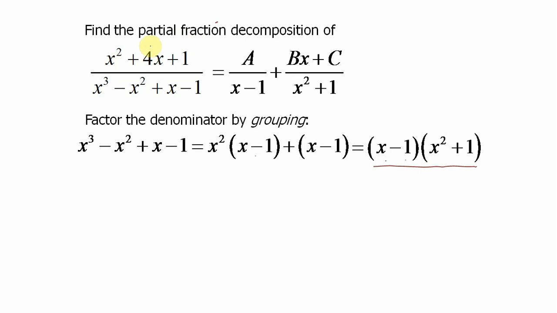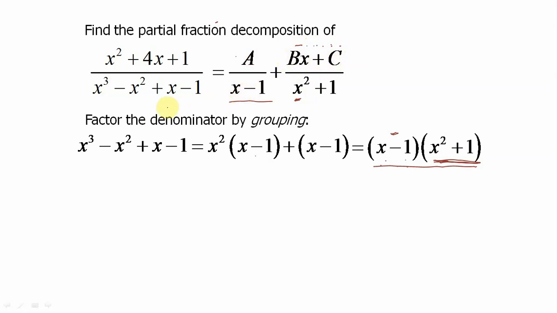So that means it can be written as, now please pay attention, this is a simple linear expression, x minus 1, so I'll write a upon x minus 1. But this is a polynomial in degree 2, x square plus 1. So for this x square plus 1, the partial fraction term will be bx plus c. If I have a square term over here, then the partial fraction term will be bx plus c. Similarly, if I had a cubic term over here, then it would have been bx square plus cx plus d. So now I have to find the values of a, b and c.